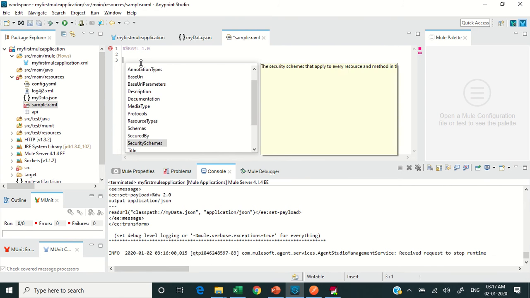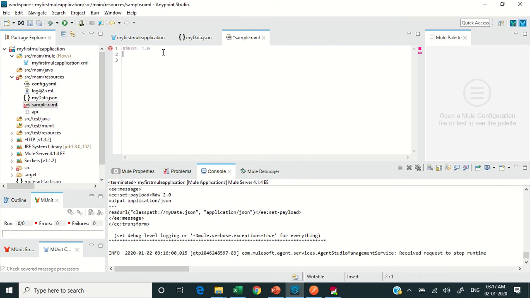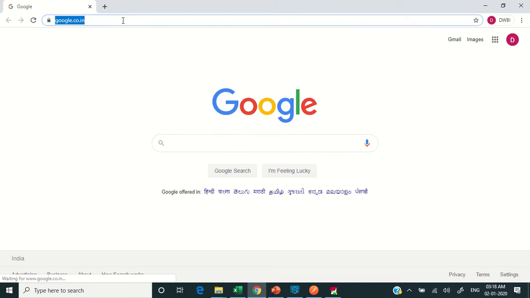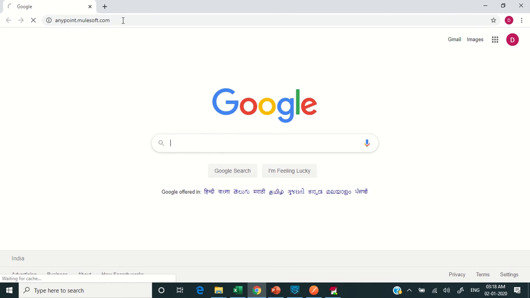But still, if you find that this particular UI is not really very helpful, most of the time the developers find this UI very difficult to design a RAML specification. So what you can do is you can use the Design Center instead of Anypoint Studio. To open the Design Center, go to the browser, open up anypoint.mulesoft.com